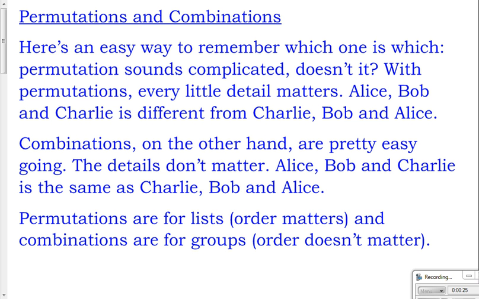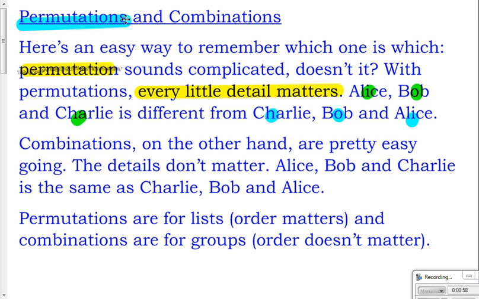So a silly way maybe to remember which one is which is to think about which one needs to be more complicated. The word permutation maybe just sounds a little more complicated. And it's true that in a permutation, every little detail matters. What I mean by that is order is a big, big deal. Alice, then Bob, then Charlie is considered completely different than Charlie, Bob, and Alice in that order